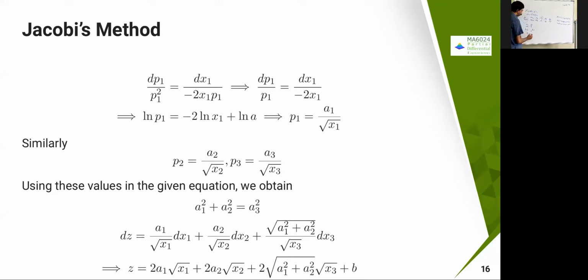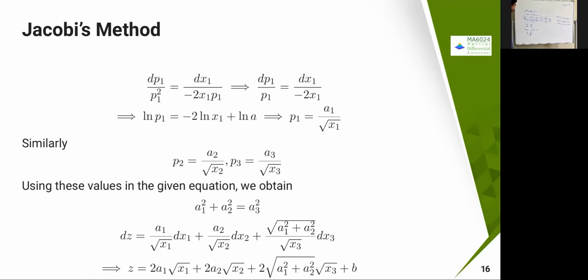to, okay, p1 is equal to, so this will become like 1 by x1 is going to come, and then you are going to get that. So I can write this as some constant is going to come. Okay, so that constant I can just replace with another constant, that p1 equal to a by root x1. Okay, p1 is equal to a1 by root x1, because corresponding to p1 I am getting a1. Same way, if you take these two equations, then what you are going to get?